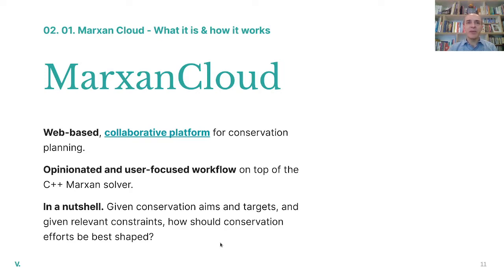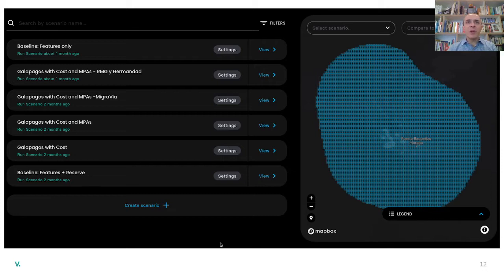Now, please fasten your seatbelts as we speed through the platform's interface as we put together, so to speak, a planning scenario in the Galapagos archipelago. Here we can see our planning area around the archipelago neatly divided into a square grid, which is the spatial scaffolding for planning. Ultimately, we want to know about each of the items in the grid, whether they should be